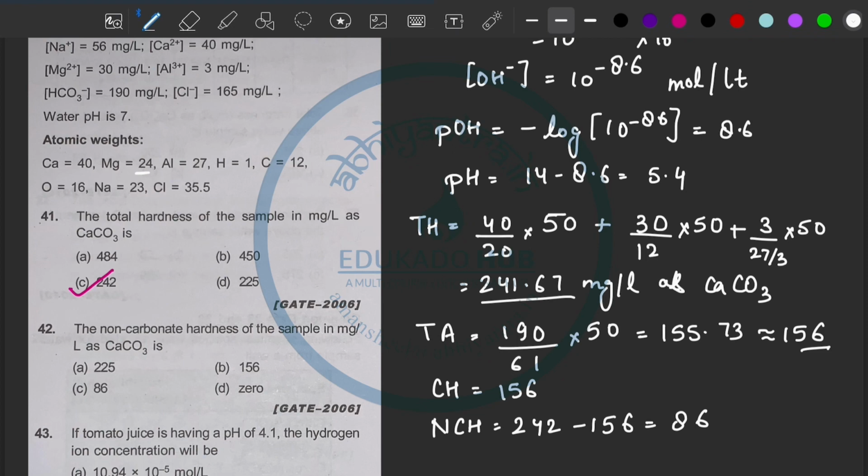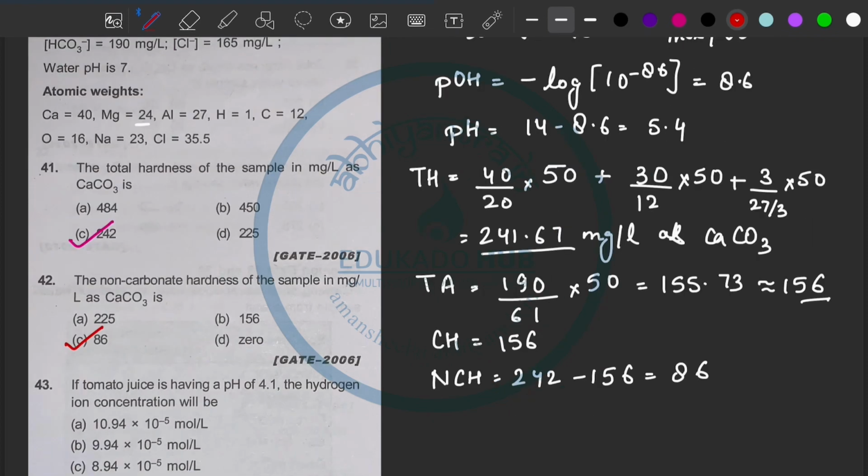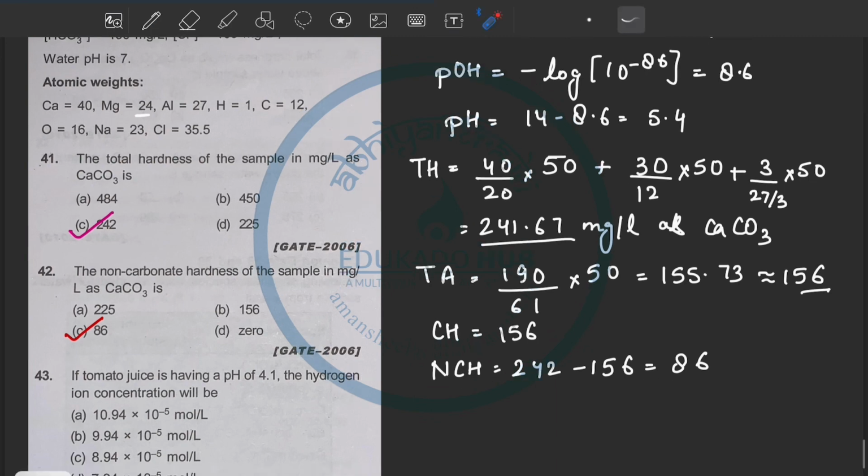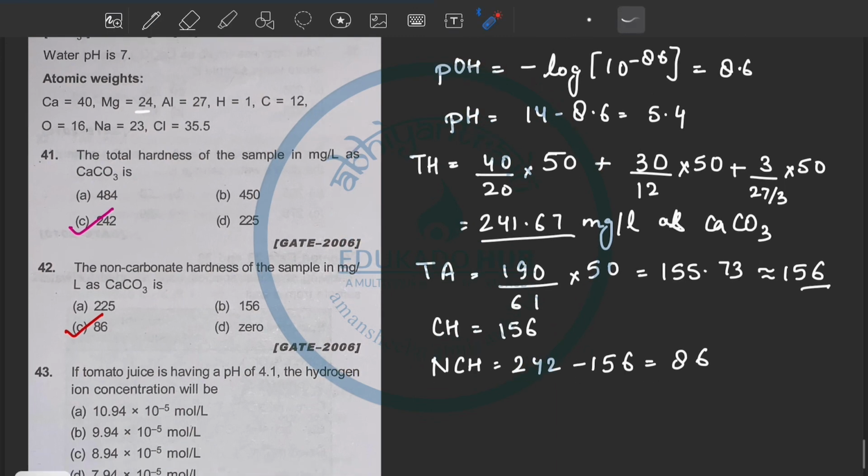So the answer is option C, 86. This question 43 came for 2 marks in GATE 2005, which states that the tomato juice is having pH of 4.1, the hydrogen ion concentration will be. See, pH is given, that is 4.1. Hydrogen ion concentration will be,